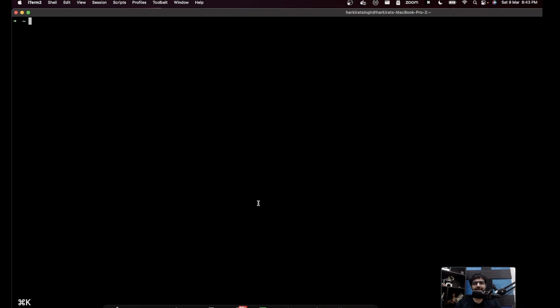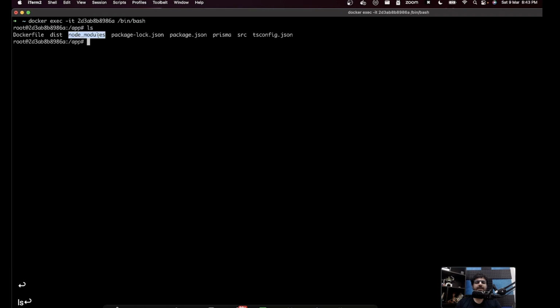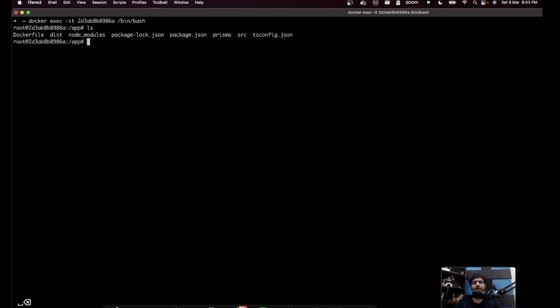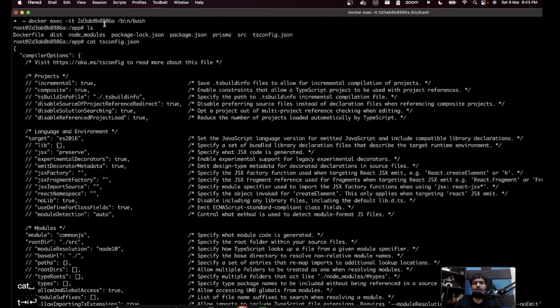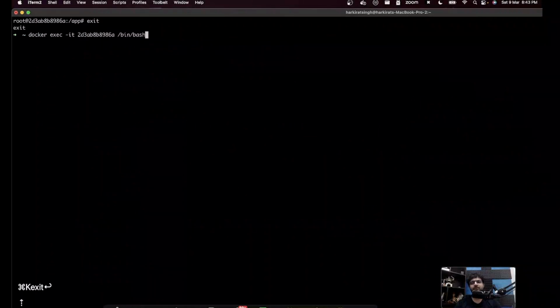So this is my Mac machine. If I run Docker exec -it, the ID of the container and then /bin/bash, this is my actual container, the file system of the container. If I want, I can kill the process that's running on 3000 and my container would die. So you can do nefarious things, but if you want, you can just explore your code base, do things like these. So yeah, Docker exec lets you run commands.